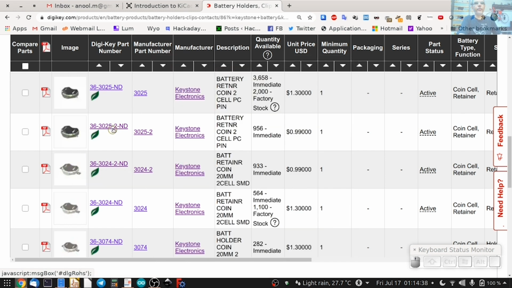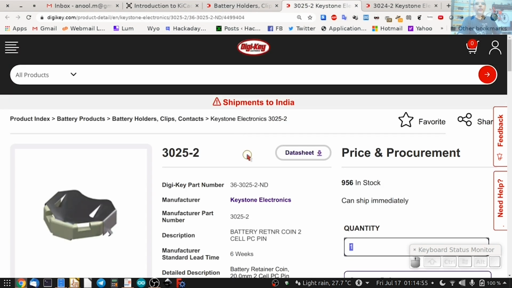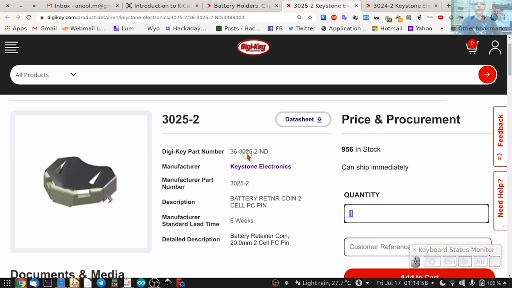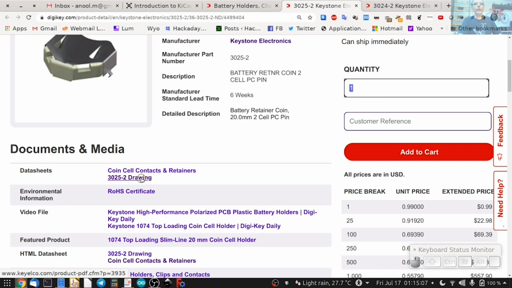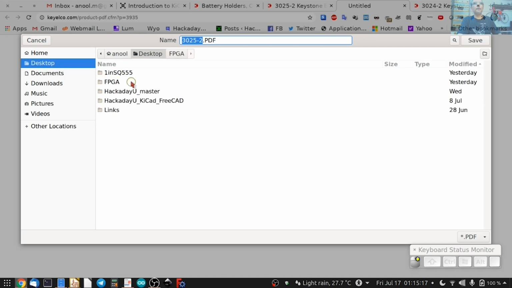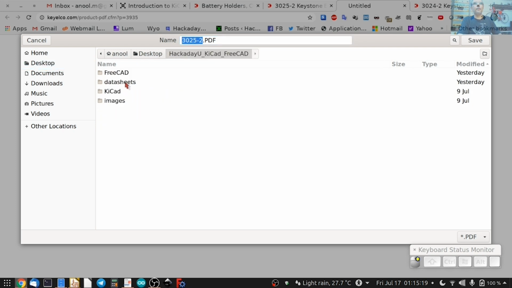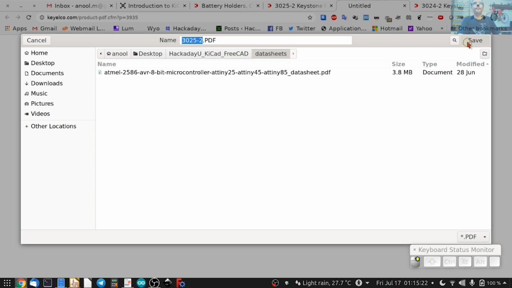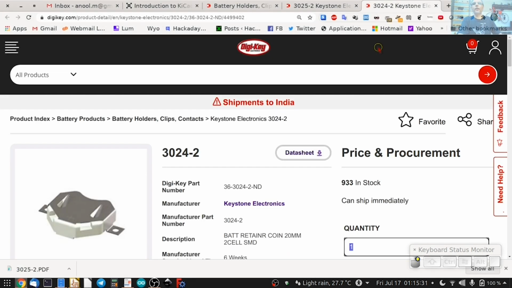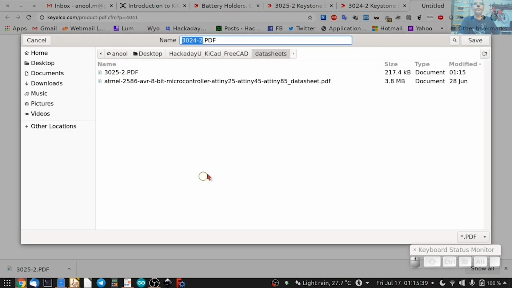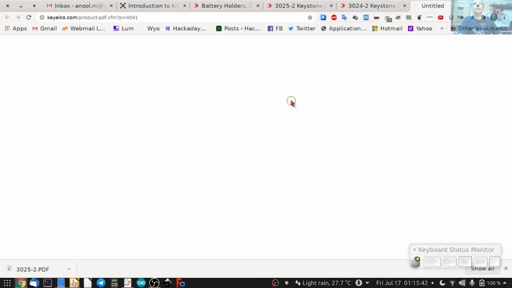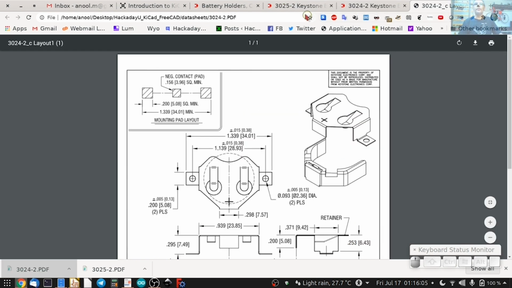So let's open each one in a separate tab like so. So here's 3025-2. Let's get the drawing to start with. So here's the datasheet drawing. Let's save it in our datasheets folder like so. Let's check out the 3024 as well. Get the drawing and save that as well. We'll also need the